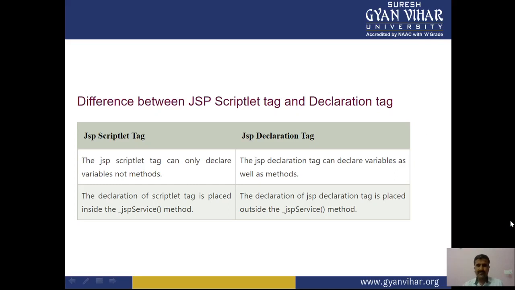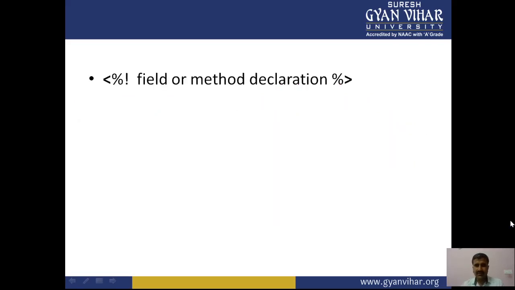If somebody asks what the difference is between the scriptlet tag and the declaration tag: basically, this is the syntax, less than sign, percentage, and then exclamation, and fields or methods are declared. So that is the declaration tag.